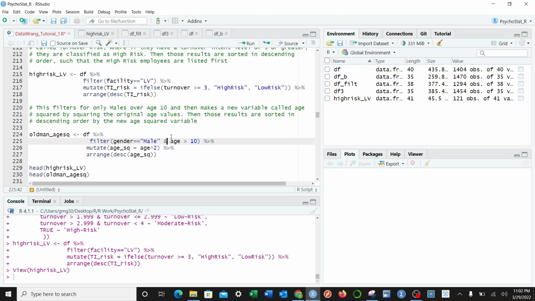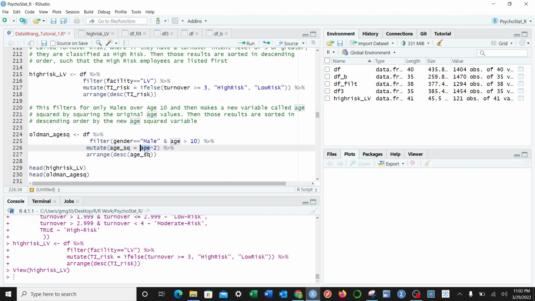If we wanted either male or age greater than 10, we would use that bar, remember? But because we want the observations that are both males and over 10, we use the and. So filter for just the males over 10, then apply this mutation where we create an age squared variable